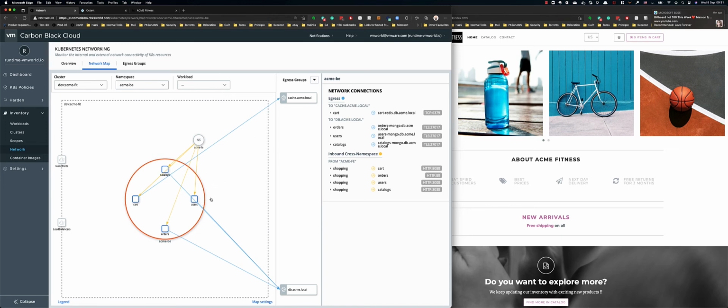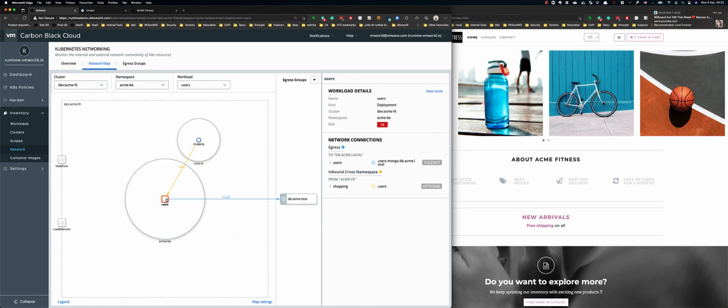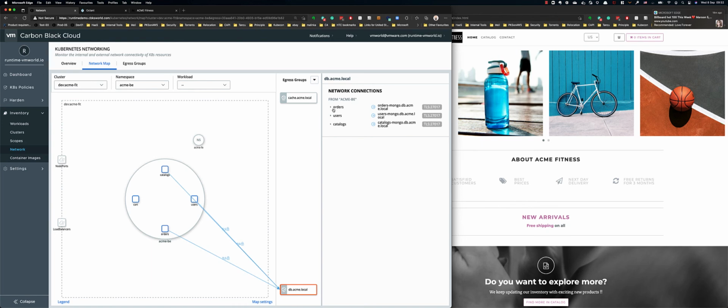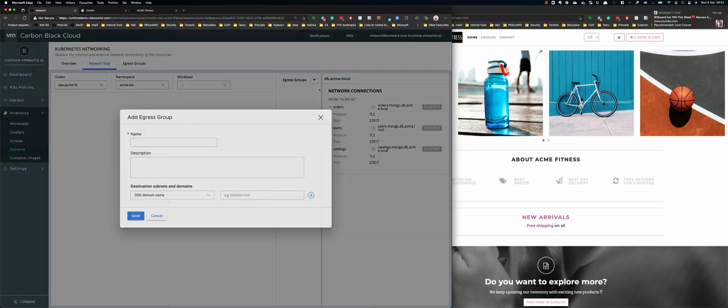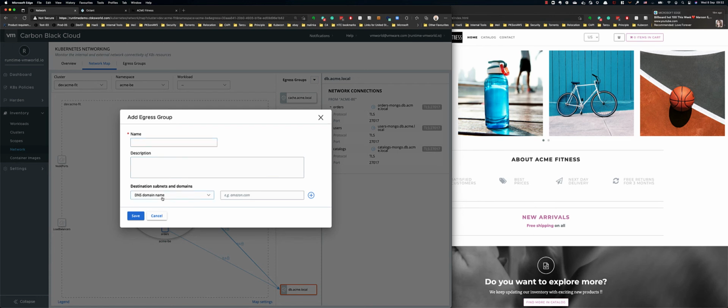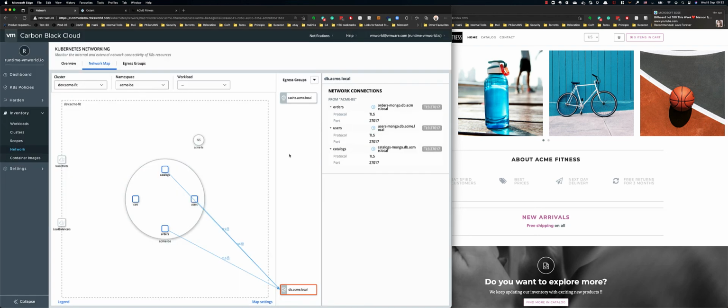And if I want to see exactly what kind of services the specific workload is consuming, I can click, let's say, on users, and I can see that it's going out to my egress group, which is db.acme.local. And if I click on that, I will see that the databases are outside of the cluster, and that's the way that the workload is approaching or consuming them. Another thing that I haven't said is you can also create your own egress group. So when I'm adding an egress group, I can give it a name, and according to a DNS name or a DNS subdomain or an IP range, I can just regroup egress IPs